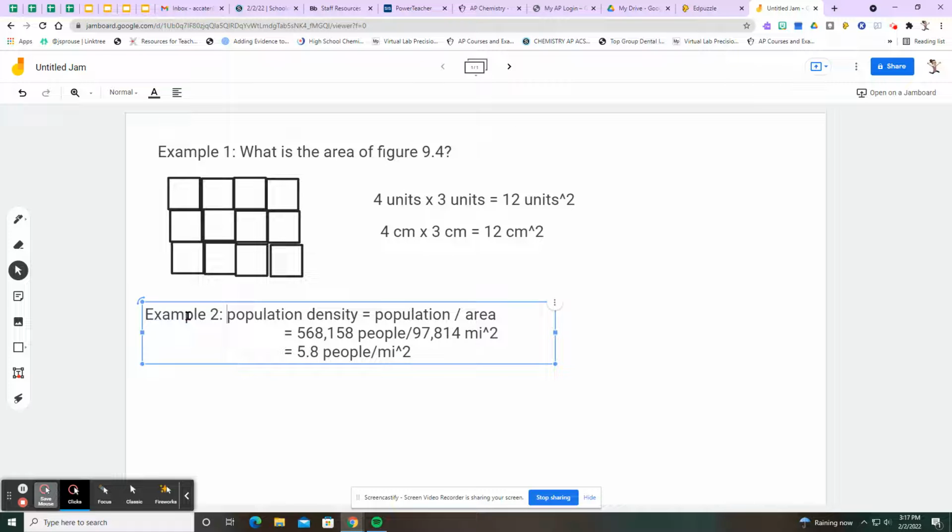Now, in example 3 is where we start getting back to our dimensional analysis that we talked about in the last video. Okay, and we're going to look at how we are going to cancel things out and how we do that with squares and square units. Okay, so example 3